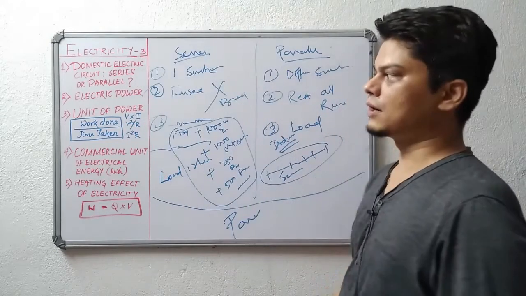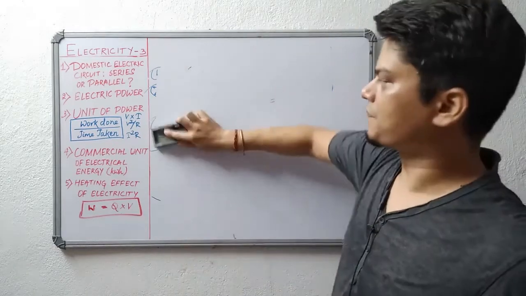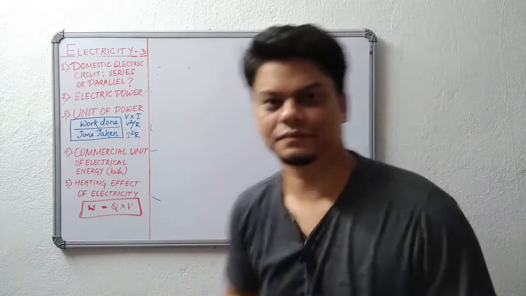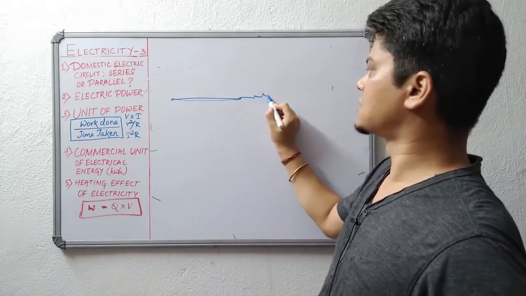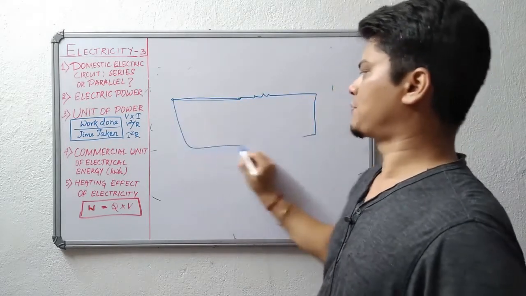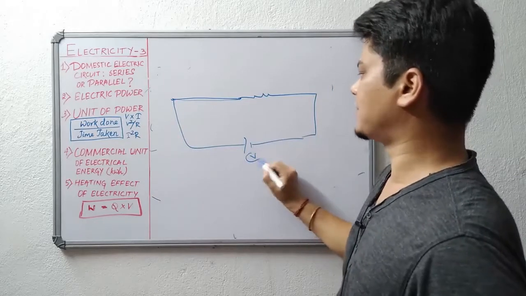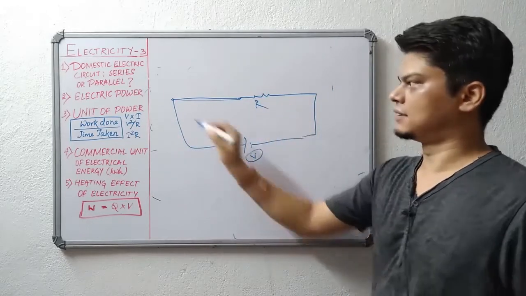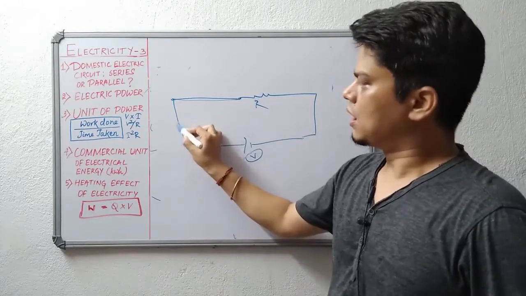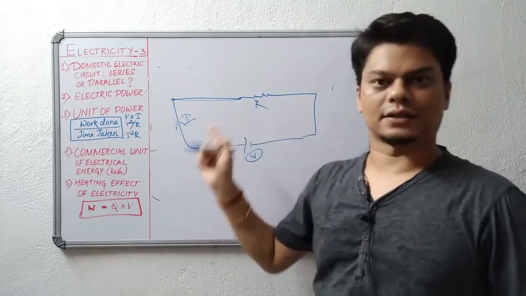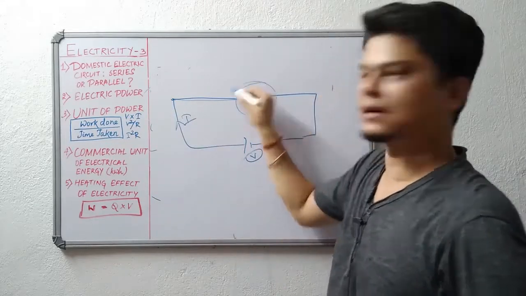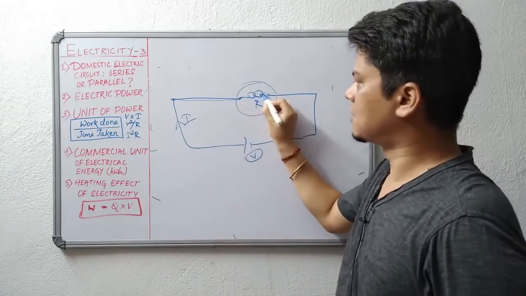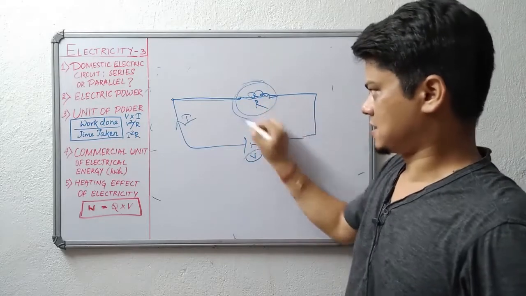Now we'll be going for what is electric power. Let's see what is electric power. Suppose there is a conductor. This is a conducting wire, there is a resistor, and we are connecting it to a potential difference V. This is a resistor R. When there is a current carrying conductor, if an electric current is flowing in a conductor, it does some work here. Maybe it's a light bulb or maybe it's a resistance, it gets heated up.